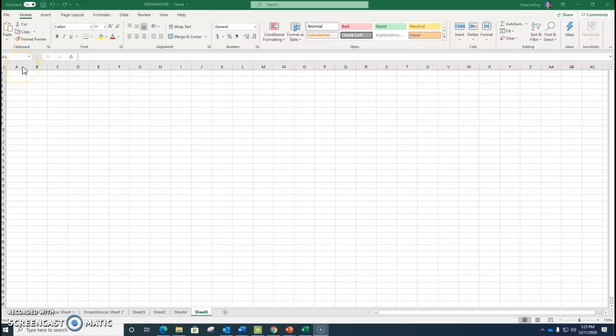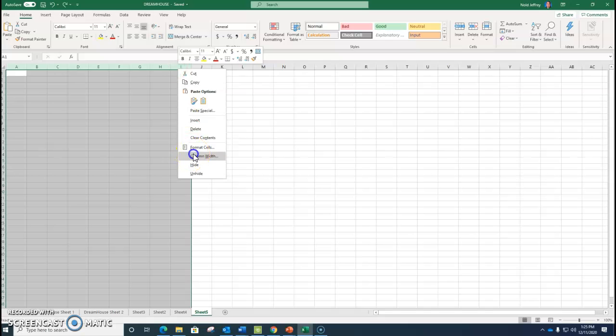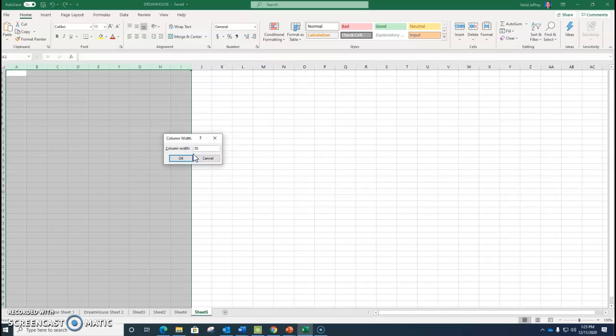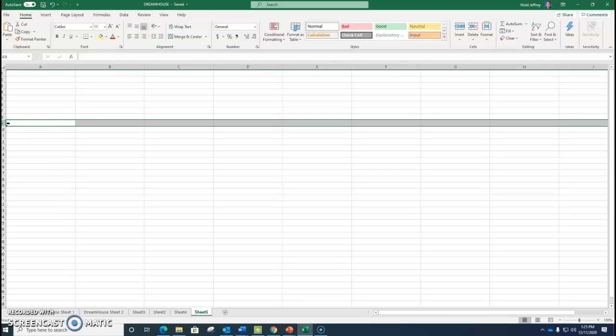Okay, so the dream house lesson one, directions. So I want to format this. So I'm going to highlight A to I by clicking on the columns, and then I'm going to right click, change the column width to 30. Okay, then I'm going to click on row 9 and change row 9's row height to 120 per our directions